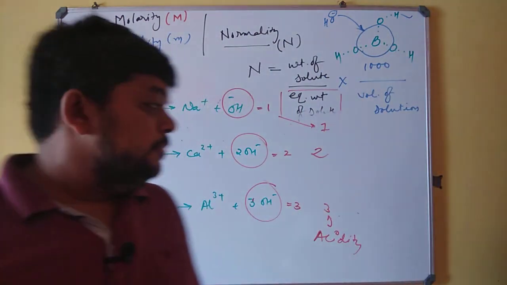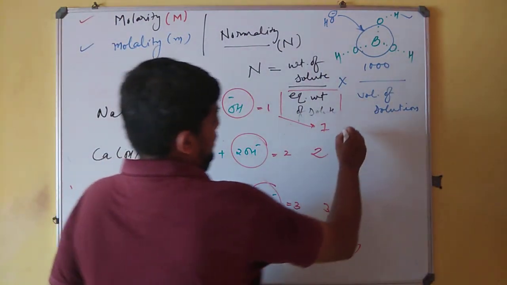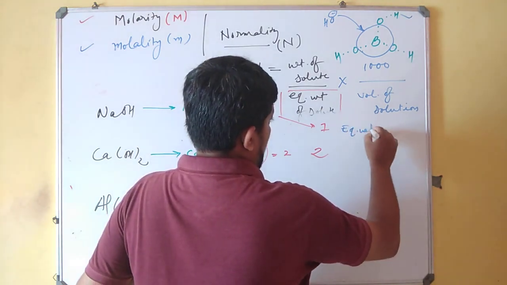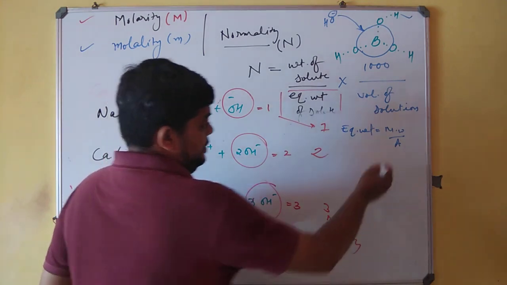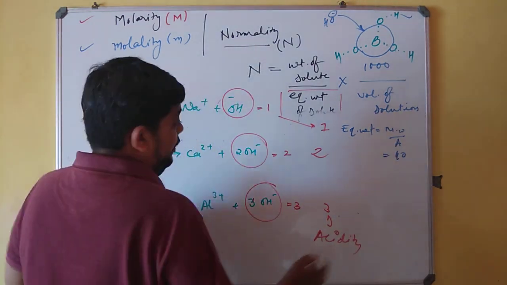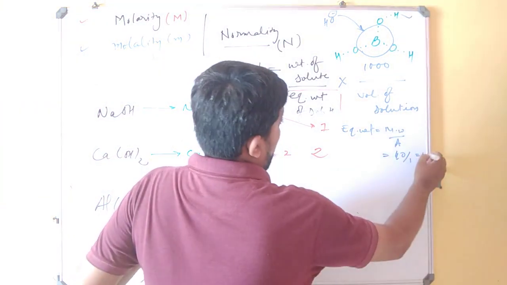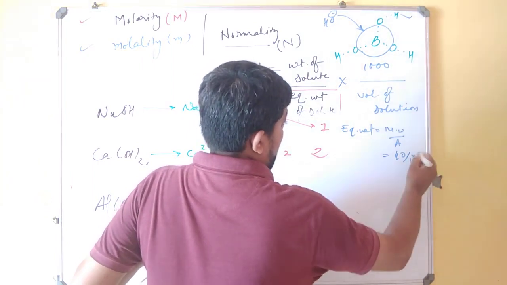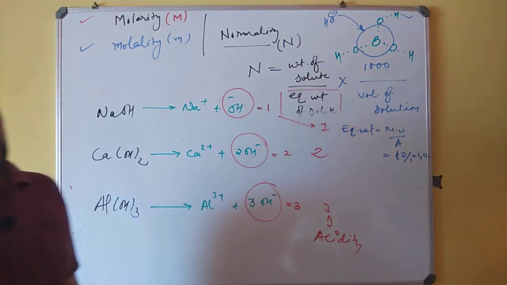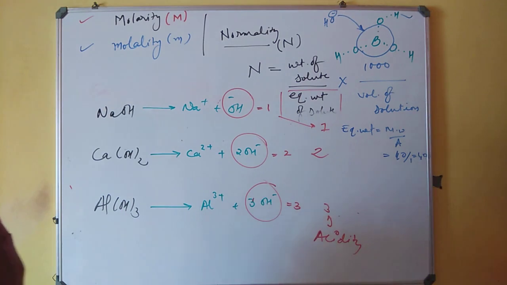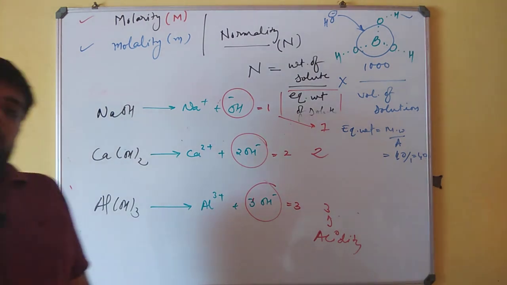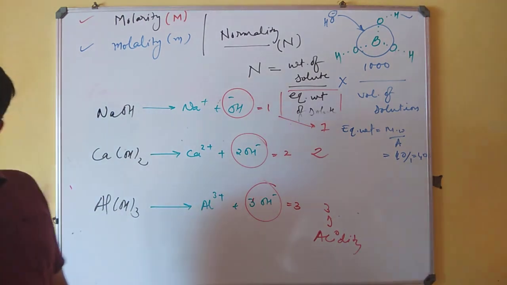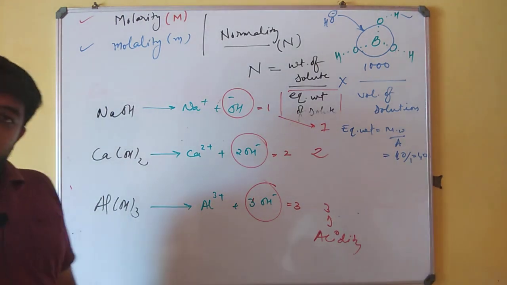And why are these values essential? Because when I am interested in finding the equivalent weight, its formula is molecular weight divided by acidity for a base. So over here it will be molecular weight 40 divided by 1. So again it's 40. So remember very well that for NaOH, whenever for any base where your acidity is 1, your equivalence is 1, molecular weight is always going to be equal to equivalent weight.